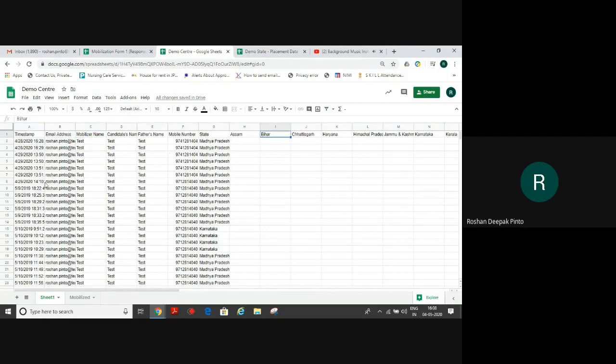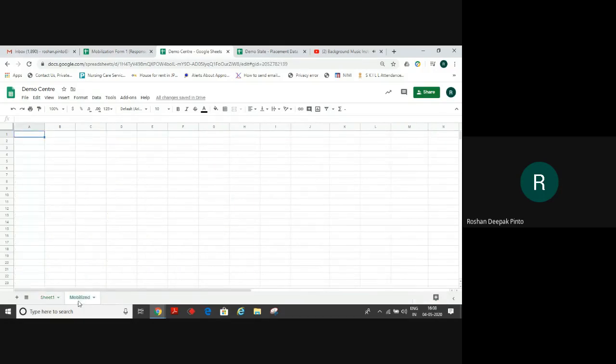Now this sheet will not be shown to the stakeholder. Rather, we'll be creating a new sheet. Since there is data from multiple states and multiple centers, we'll have to give this center only that data which is particularly relevant to this center. So I will go to the mobilized sheet which I have already created and kept, and here I will use the formula QUERY.